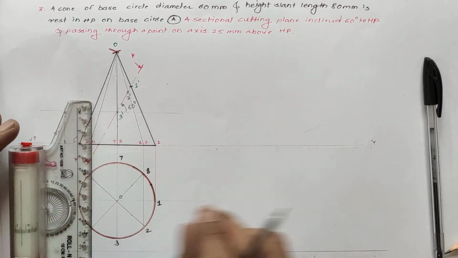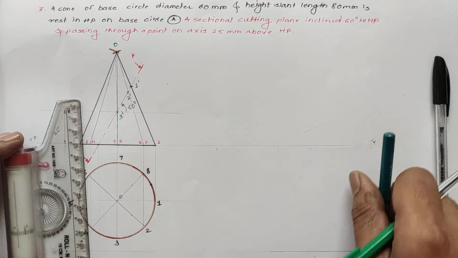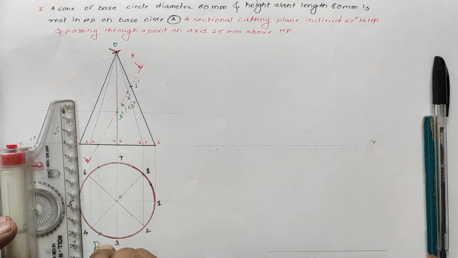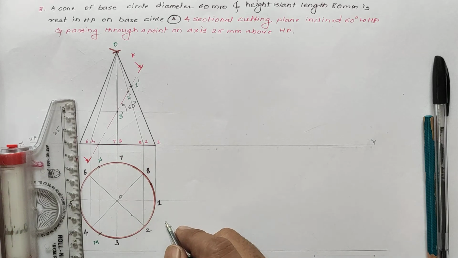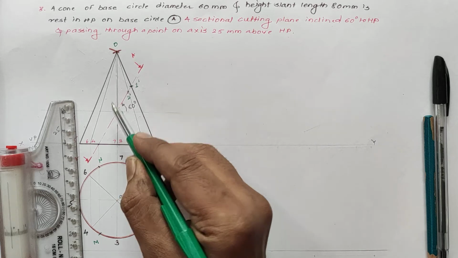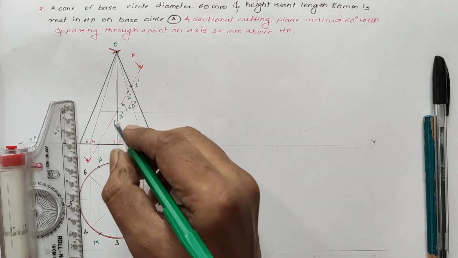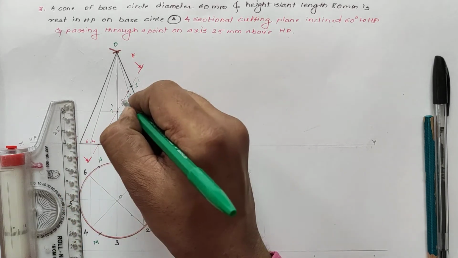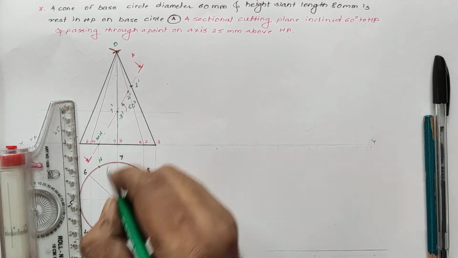Take vertical faint projection lines from the base, so we get 2 points on the base. The first point on the front side we call M, and the back side point we call N. Similarly, the point present on the axis vertically, the back generator also cut by the cutting plane, we call 7 dash. The points here, M and N, are the cutting points at the base.